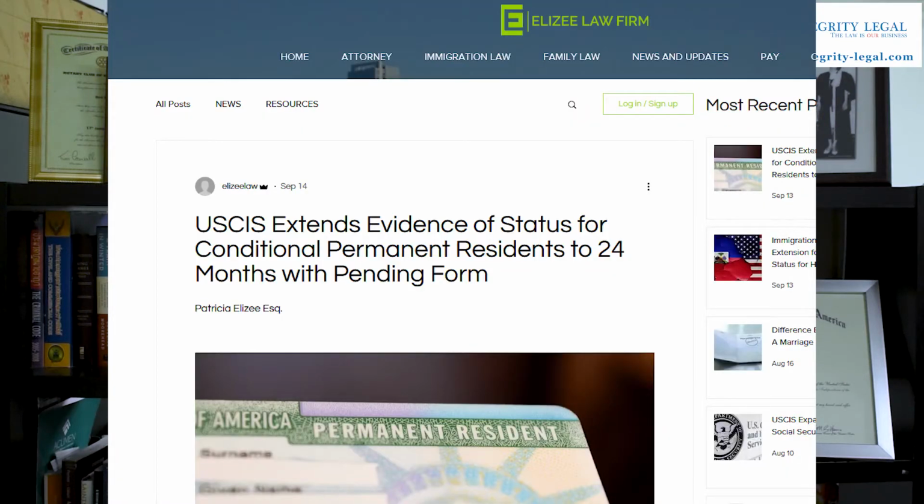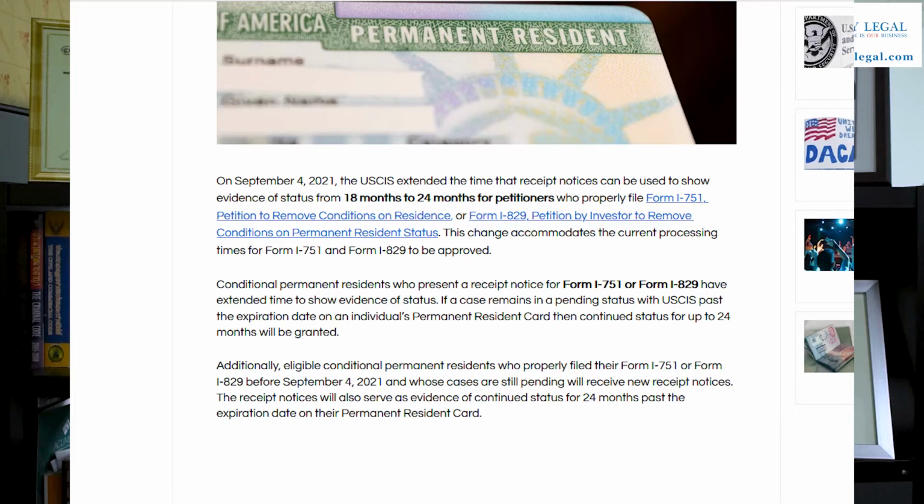But a recent article I found on a blog post, actually, of a colleague of mine, Patricia Elise, Esquire. Her website is eliselawfirm.com. The article is titled, "USCIS extends evidence of status for conditional permanent residents to 24 months with pending form." Quoting directly, on September 4th, 2021, the USCIS extended the time that receipt notices can be used to